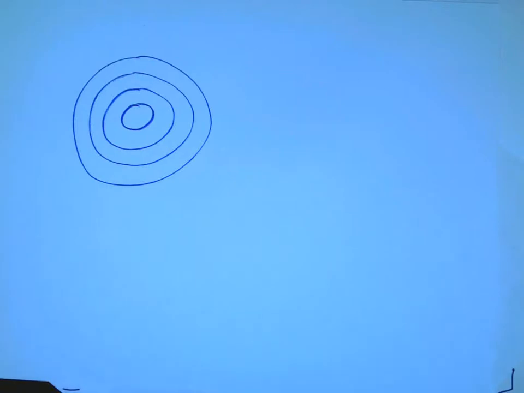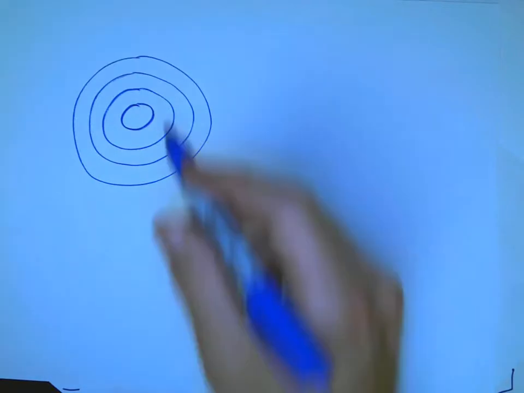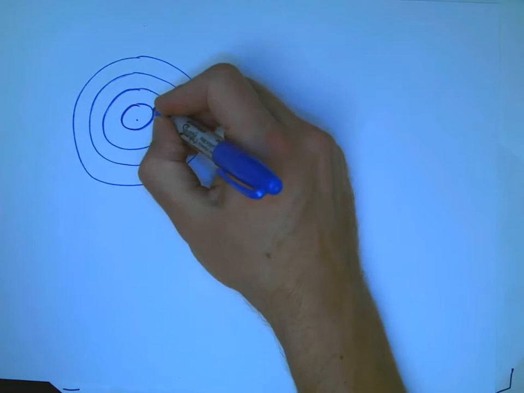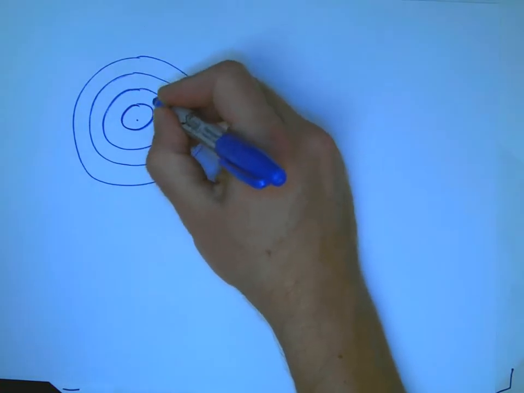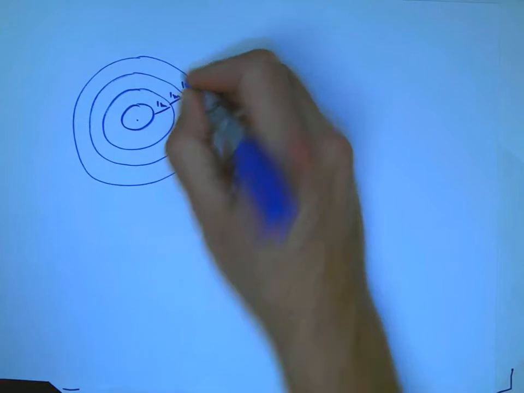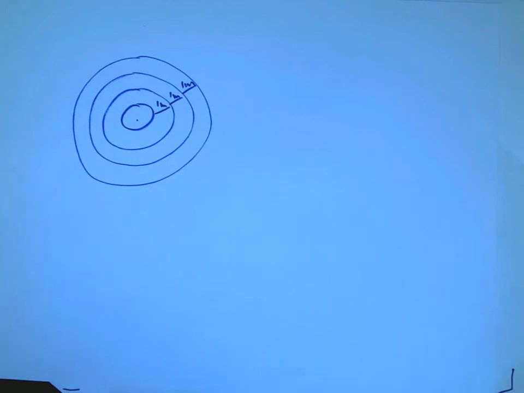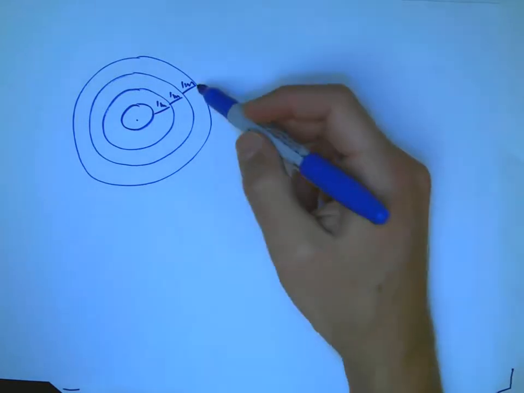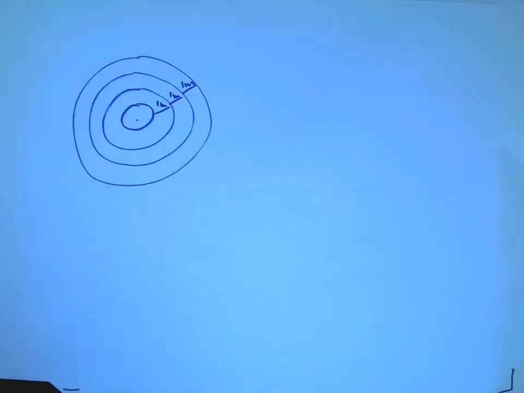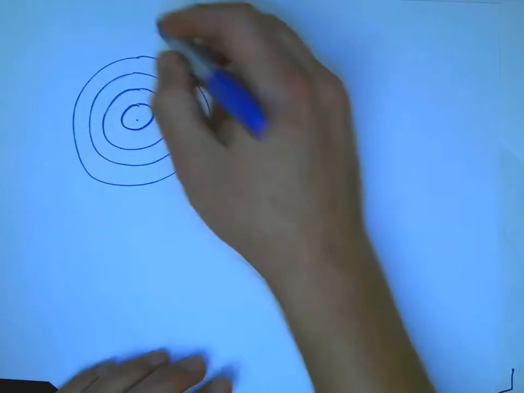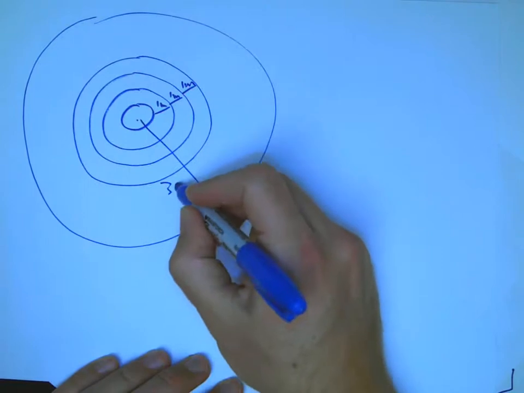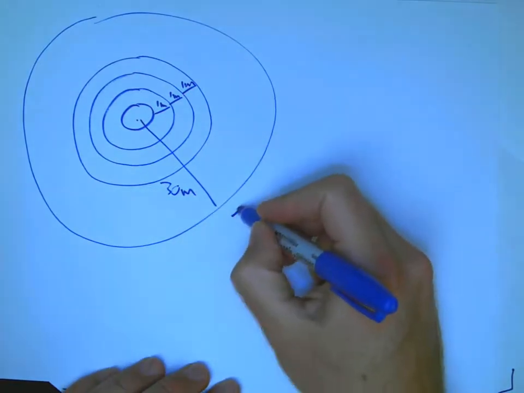What they say is, suppose that oil spills from a ruptured tanker, which is right here, and spreads in a circular pattern. If the radius of the oil spill increases at a constant rate of 1 meter per second, so that each second it's getting 1 meter bigger in radius, how fast is the area of the spill increasing at a certain time? In fact, what they say is, when the radius is 30 meters, how fast is the area of the spill increasing? So we're at some later time where this radius is 30 meters, and then if I wait 1